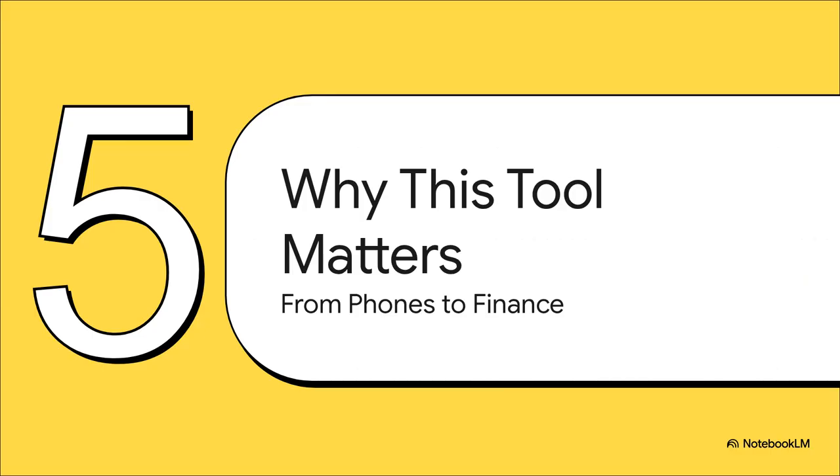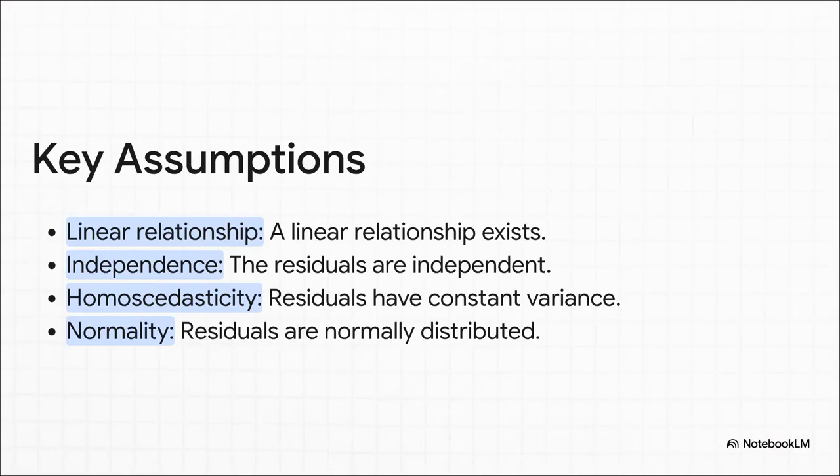Okay, pricing used phones is a really clear example, but let's zoom out for a second. Why is this tool so incredibly important across so many different fields? Now, before we go too far, it's important to know this tool has a few rules of the road for it to work properly. We call them assumptions. It really relies on the relationship between your ingredients and your outcome being a straight line, more or less. And those little prediction arrows we talked about, they need to be independent and kind of random. Basically, following these rules makes sure our model is finding a real pattern and isn't just getting tricked by random